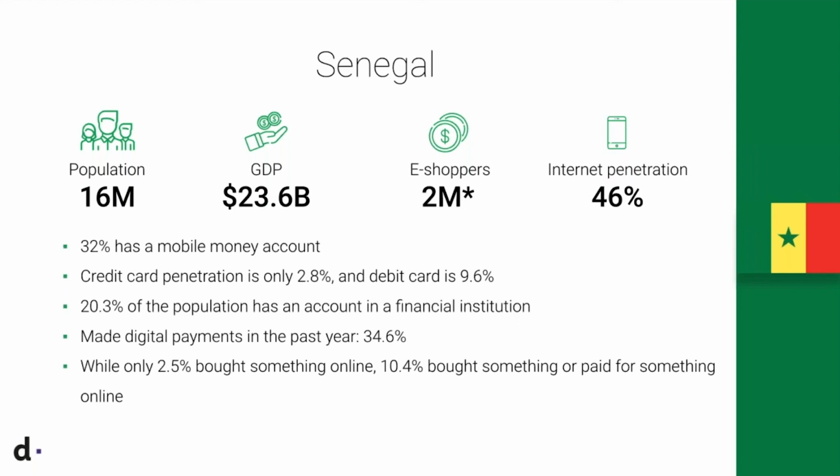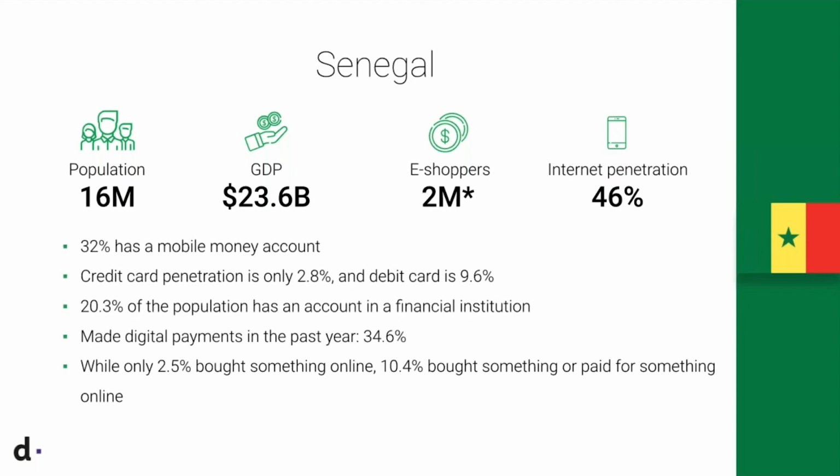As with most of Africa, when you talk of financial inclusion, beyond the banks, mobile money or the telcos provide this actually as an option to bank the unbanked. And this is why you see the rapid growth: a lot of the population in Africa, their first contact with anything financial or payment systems is through their mobile phones. It's quick and it's easy to understand because pretty much anyone, again, we can't beat the drum enough, can use a mobile phone. Digital payments made in the past year is 34.6%.